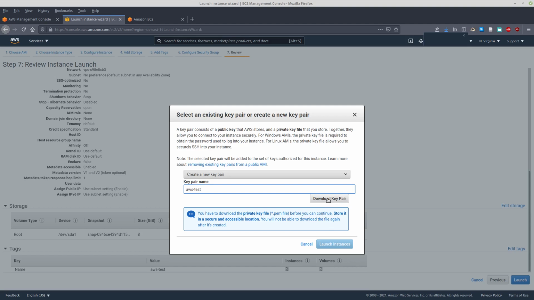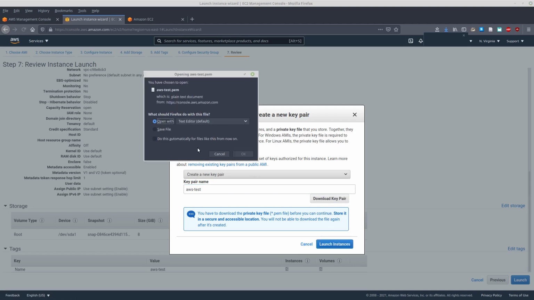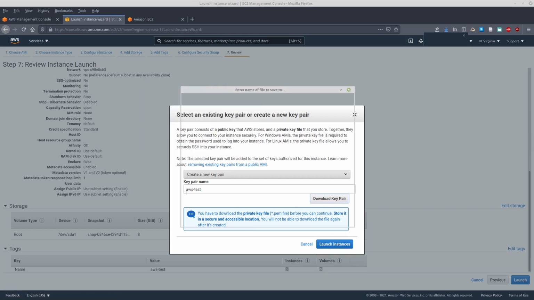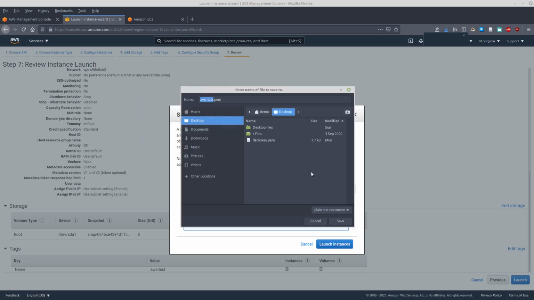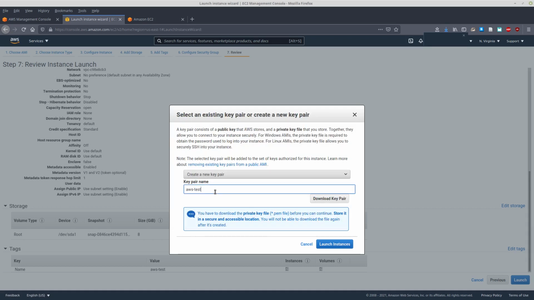So let me download this to my desktop. Download key pair, save, and it is on my desktop. So name is AWS-test, and after this I just need to click launch instance,